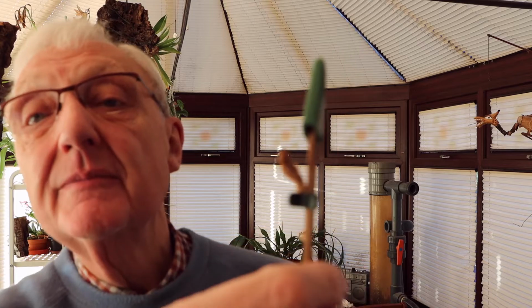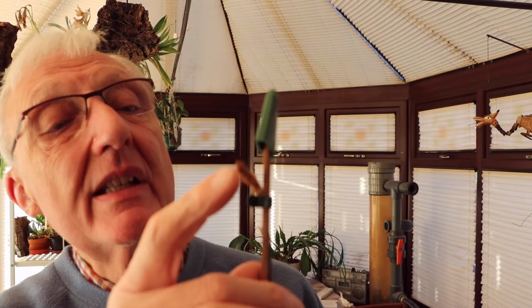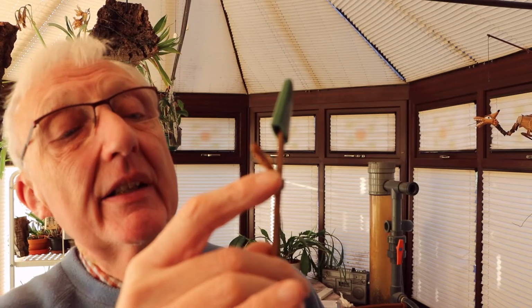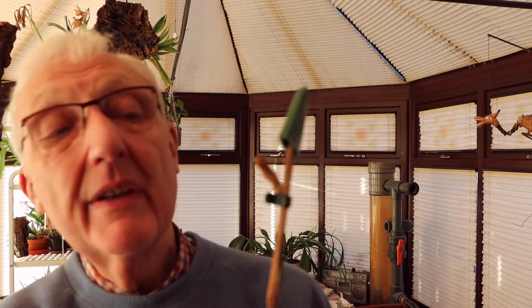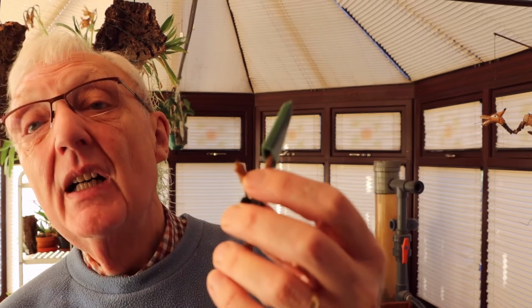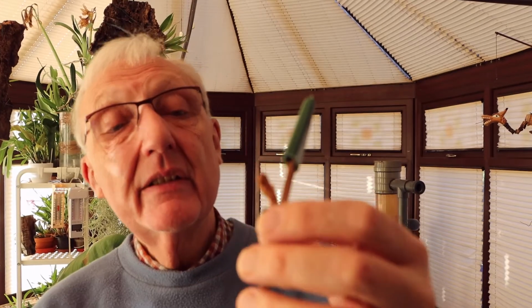Now then, the bit that bothers me about this plant is the top of the spike. We had a green tip on there up until a couple of weeks ago, and I think again it's this horrible December we've had, whether it just wasn't warm enough, there wasn't enough light for it, or what, I don't know. But unfortunately the green growing tips disappeared, and I don't know how these things regenerate, whether it will try and do something else, whether it will branch,